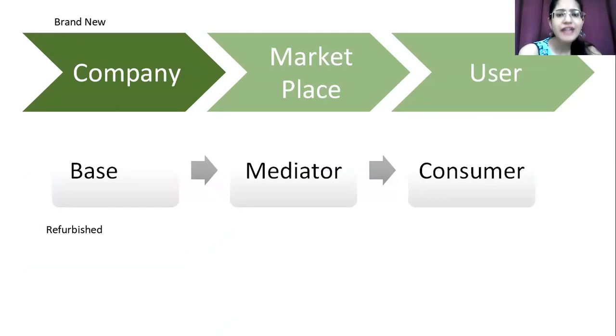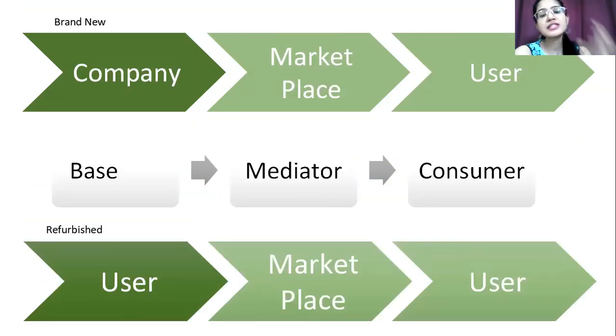Now the user has a gadget and it is owned by that person. Now that person is tired or wants to resell it, then that pre-owned gadget is resold in the marketplace and it becomes refurbished. So here the base is the user who has the gadget in hand. Reselling also takes place in the marketplace. It can be online sites, offline sites, everything. Once the gadget is in the marketplace and a new user takes it, then it is known as a refurbished gadget.